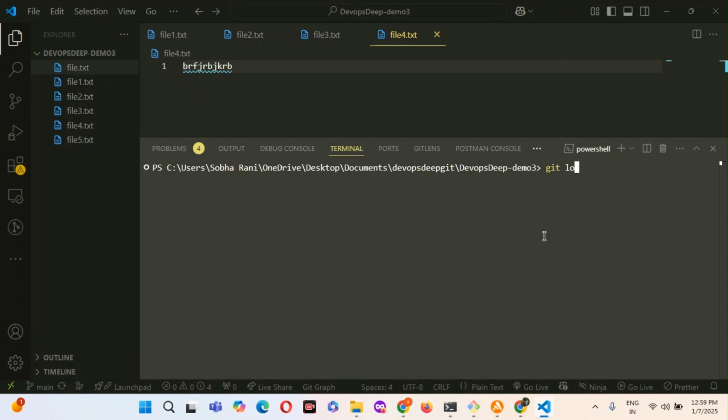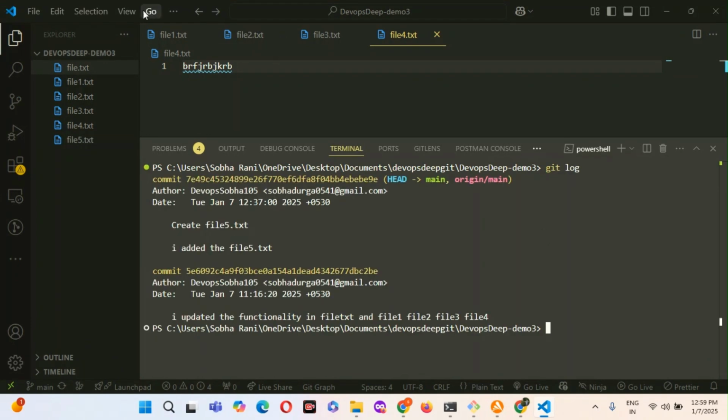Just type git log. Whatever I committed previously is shown here, the same commits we saw in GitHub. Here there is a lengthy commit ID, while in GitHub we saw only 7 digits.